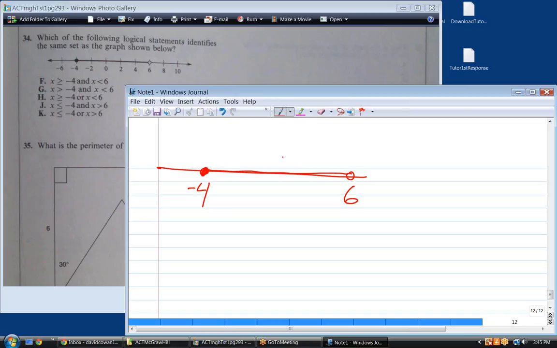I'm trying to remember. The filled-in dot means is it equal to? Yeah, or, no, the opposite. The closed dot is greater than or equal to. The open dot is just less than. Okay, so then